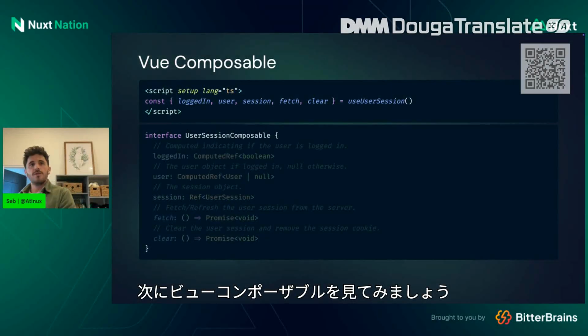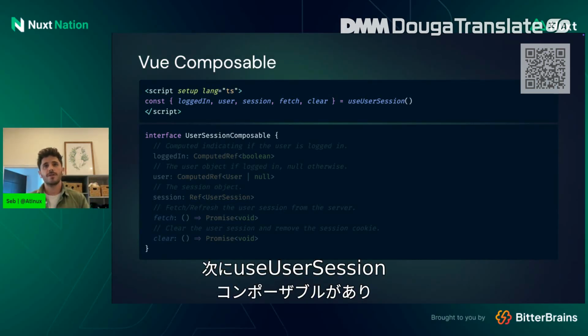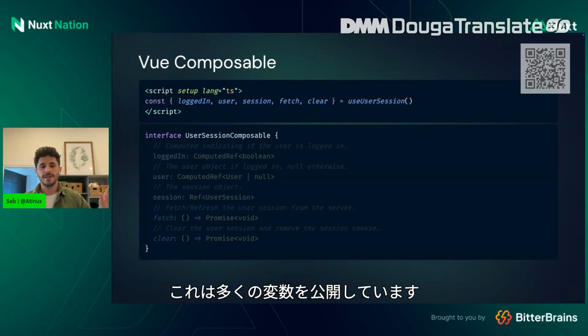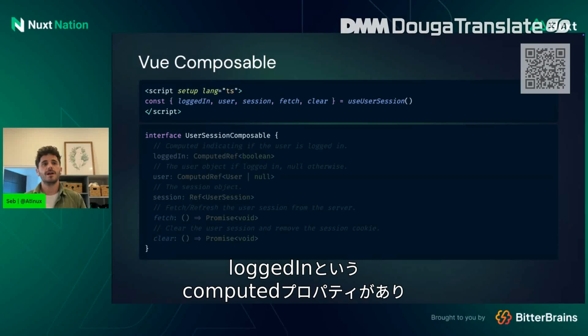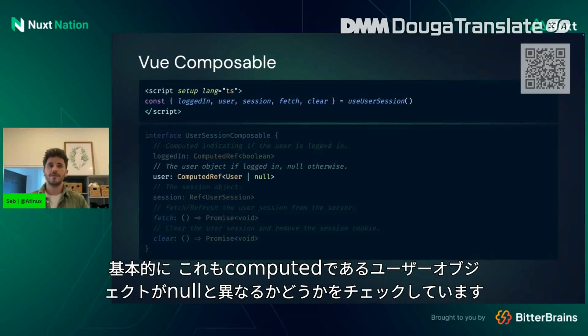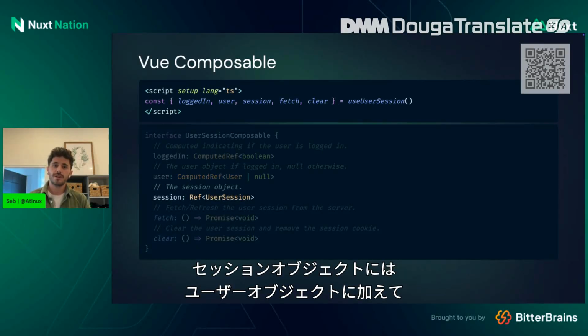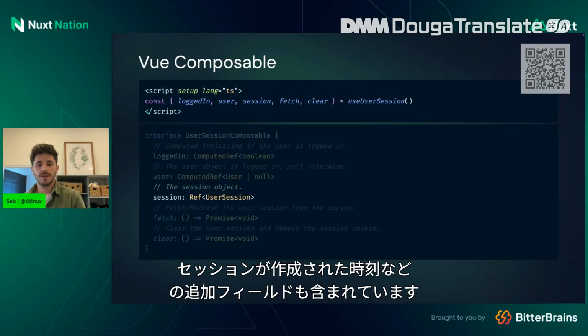Now let's take a look at the view composable. So we have our API route. Now we have our useUserSession composable that exposes many variables. We have loggedIn, which is a computed, indicating if the user is logged in. Basically, it's checking if the user object is different than null, which is also computed. We have the session object, which includes the user object, but also additional fields, like when the session was created